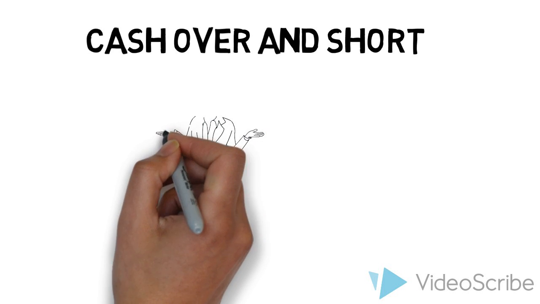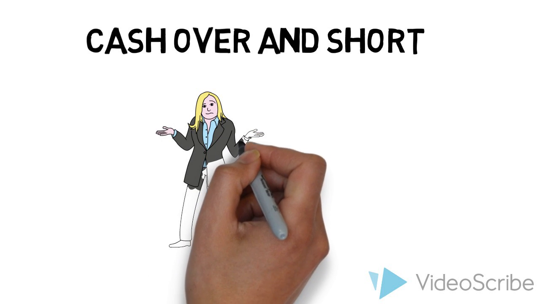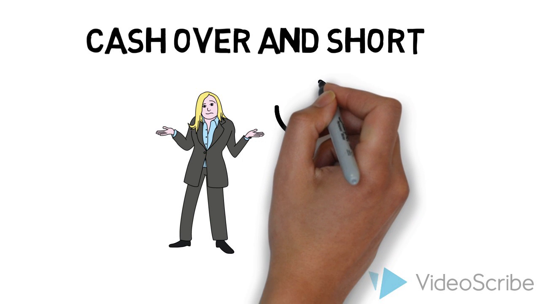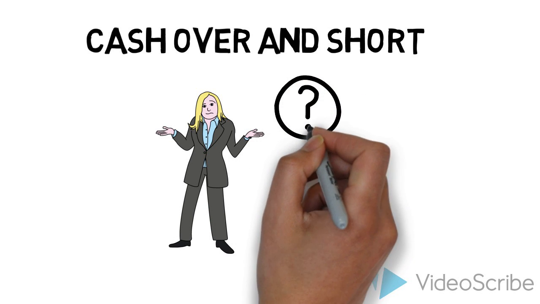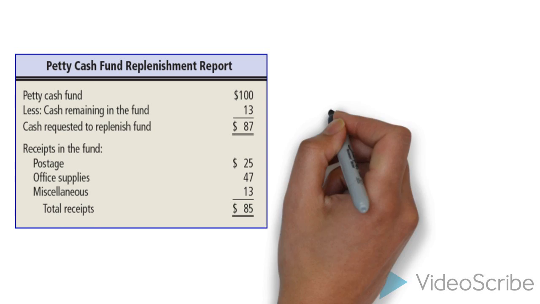The custodian will lose receipts or obtain the wrong amount of change and will either have more cash on hand or less cash. This is known as human error and is inevitable. Such a discrepancy can be charged to an account called cash over and short. Now this is a temporary account and can either be debited or credited based on if there is an excess or shortage of cash.